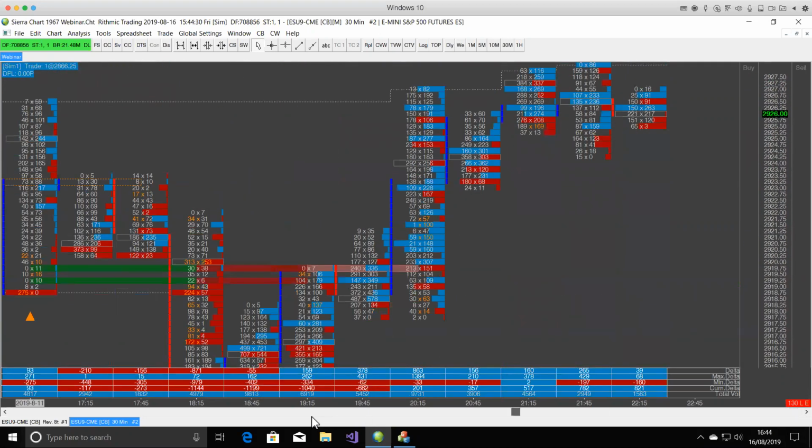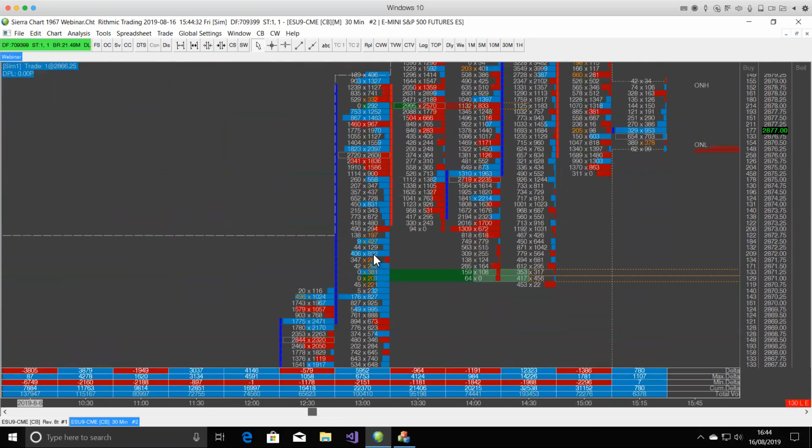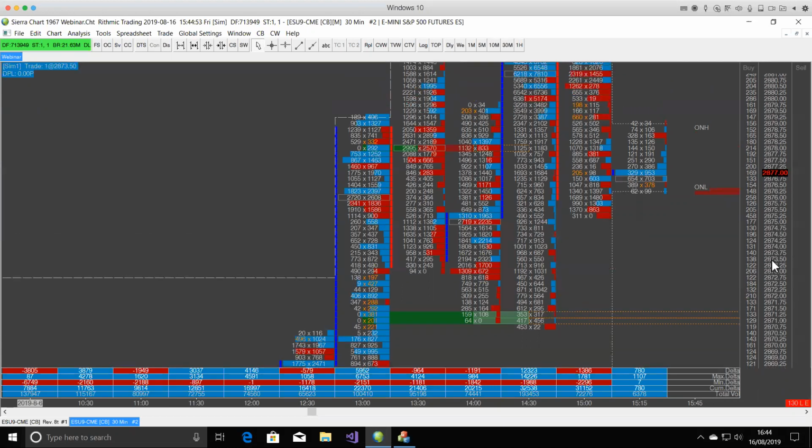Let's have a look at some others just to see. Okay, big amount of aggression coming in here. We strip away 2 levels. Look how it holds. So what I'm going to do next week is go through a really advanced, smart way of using this on daily charts to find some interesting levels. But you can see how